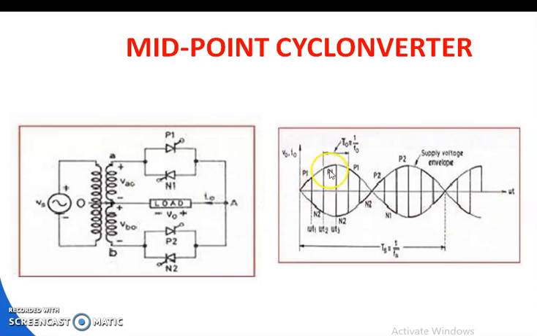This portion shows one particular envelope, that is, the positive cycle period. In that case V0 will be positive and I0 will be positive. During N2 conduction, V0 will be negative and I0 will be negative, and this is from the other envelope. By closing these two, they form a particular loop. Similarly in this portion, whenever P2 conducts, the supply voltage forms this particular envelope, and during N1 conduction, the supply voltage forms another envelope. So by closing this from pi to 2 pi region,